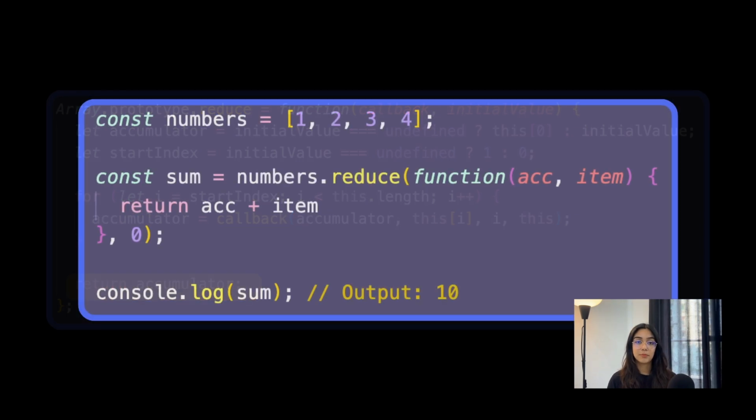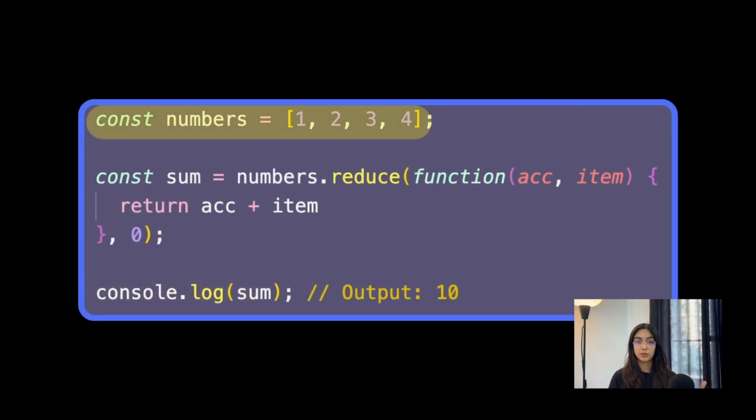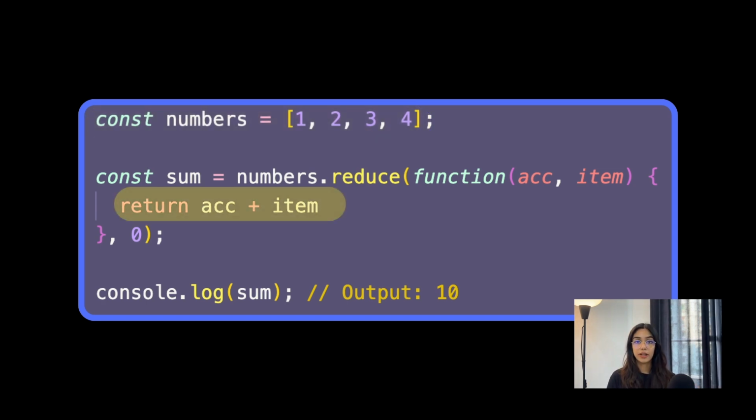So a very simple example here. We have an array of numbers 1, 2, 3, 4. Now, an example of reduce here could be to reduce this array of elements into one single value, which is the sum of all of the elements in this array. So this is how the callback function would look like. So this callback function returns accumulator plus the current item, and the initial value provided to it is 0. So the initial value of the accumulator is 0. For every iteration, it accepts the item and the accumulator, and it adds the current item to the accumulator and